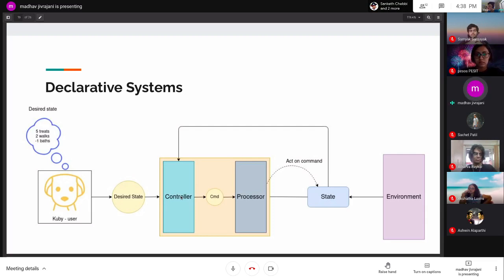By seeing the current state of the system and what the desired state is, it decides what command it should run to maybe get to the desired state. After it decides what command it should run, it issues the command to the processor. The processor acts on that command and executes it, and it changes the state. Again, the environment also does its thing, and there's a loop back to the controller itself, which again sees what the state now is, what the state should be, and then issues commands. And the user can periodically come and check in, and so on and so forth.